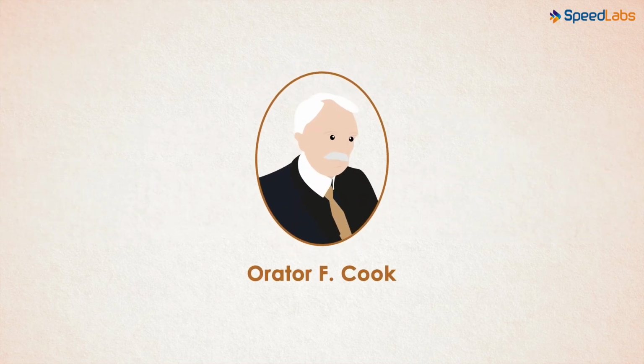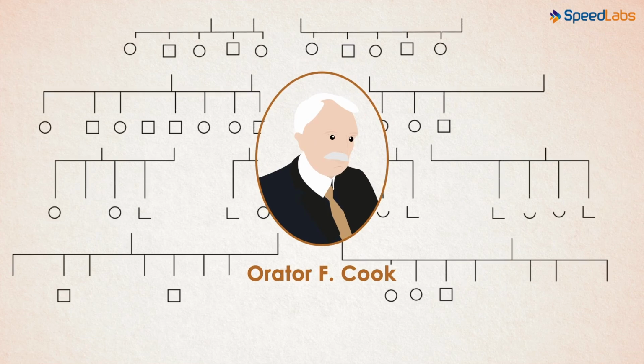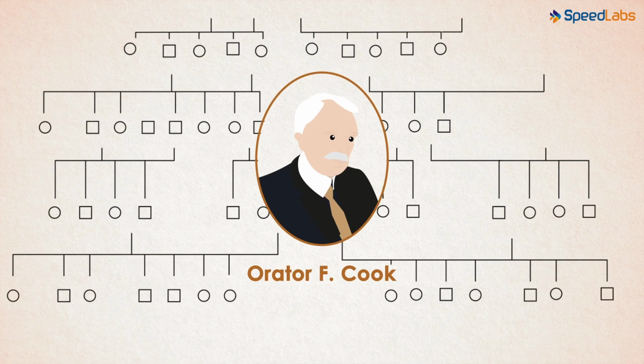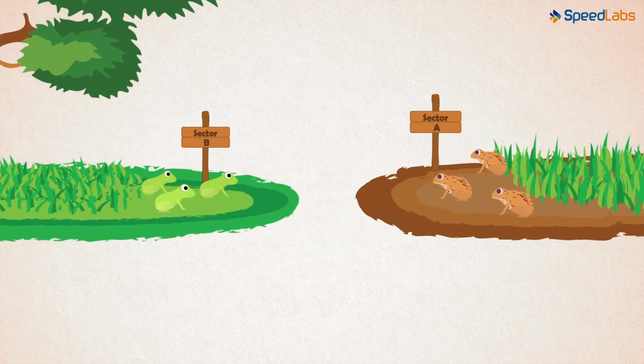Orator F. Cook was the one who coined this term. He believed that speciation takes place when there is a splitting in the lineage. He opposed the idea that change takes place within a particular lineage. Well, now we know that what he said was true. The migrant frog split from its lineage in Sector A and moved into a new lineage of the Sector B